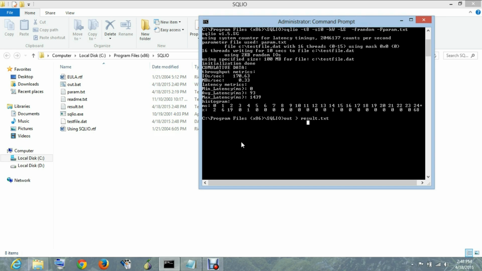We are executing two commands, both for 10 seconds each, so it will take around 20 seconds to execute both.